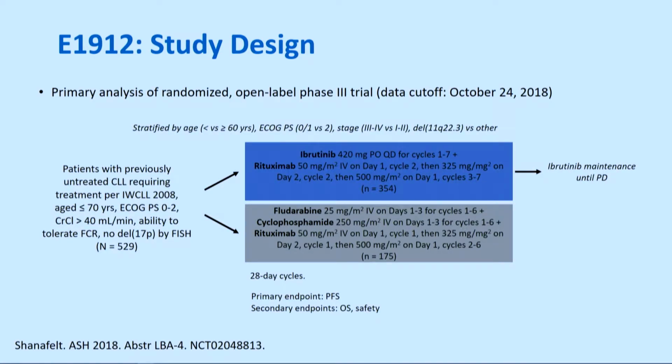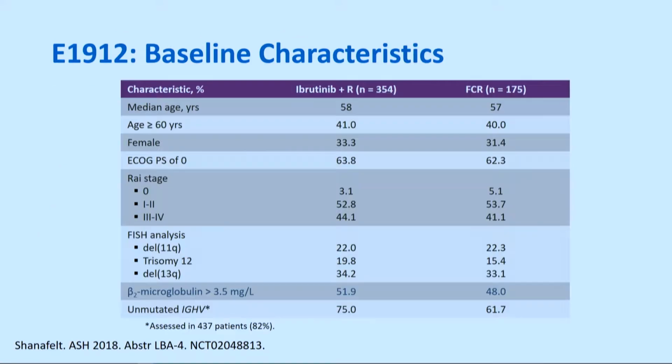And so this was a randomized open-label phase 3 study that looked at patients less than age 70. So these are younger patients with good kidney function, no 17p deletion by FISH. And so 529 patients were randomized 2-to-1 to Ibrutinib rituximab versus FCR. Patients received 6 cycles of FCR, and patients who receive rituximab and Ibrutinib only receive rituximab for 6 cycles and then having Ibrutinib maintenance. I think for the sake of time I can go past some of this, but 17p